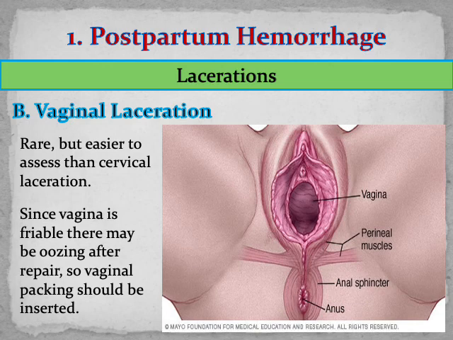Ini-insertan ng packages, no? Pwedeng mga gauze doon sa loob ng vagina. This is to maintain pressure on the suture line. It is removed usually in 24 to 48 hours. But remember, packing causes pressure on the urethra and it can interfere with voiding. So minsan, kahit na vaginal delivery siya, postpartum, nagkaroon ng vaginal laceration, pwedeng insertan ng Foley catheter to assist in the urination.